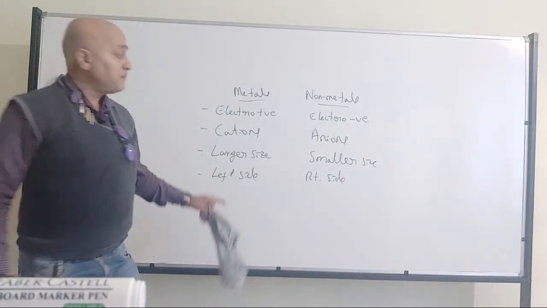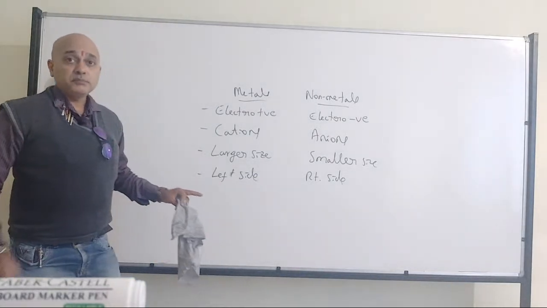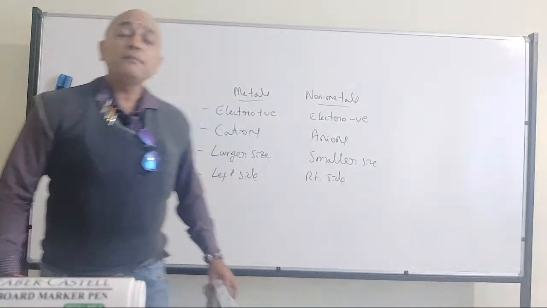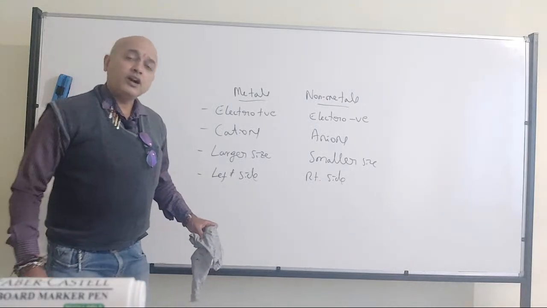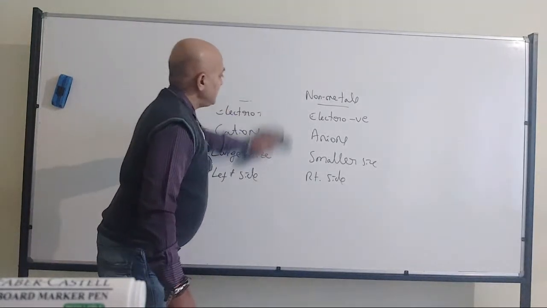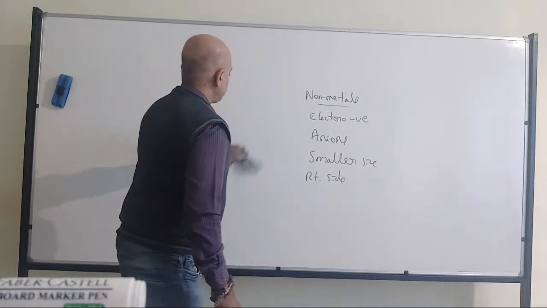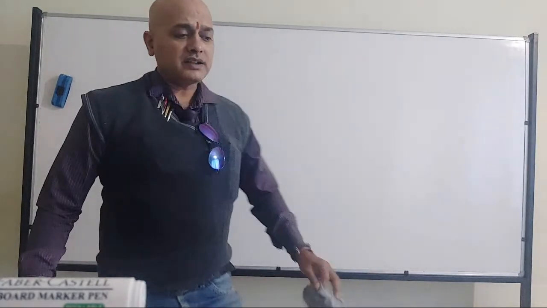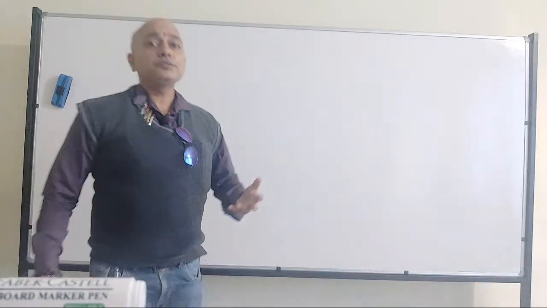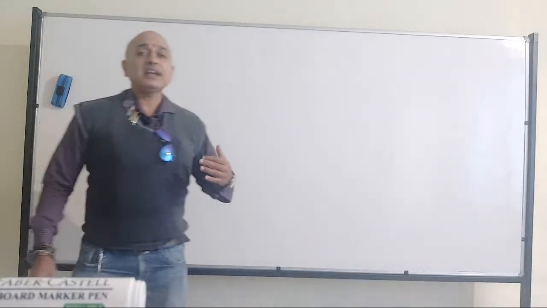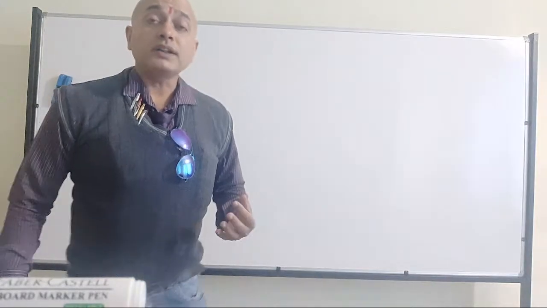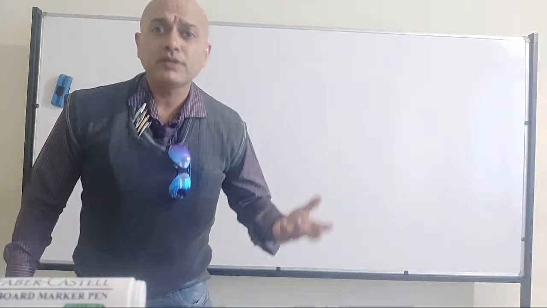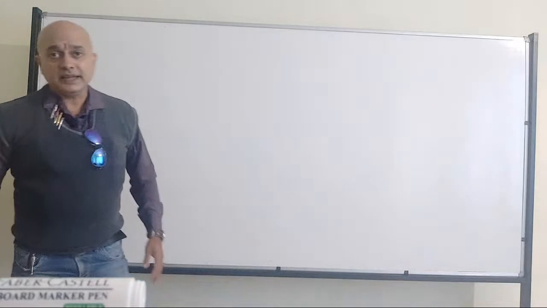That doesn't mean that metals are restricted to the left side. No. The major part is on the left side, but still in the center of the periodic table we also have metals like transition metals. All of you have understood? So that's where we have the metals and non-metals. Now, questions can be for 2 to 3 marks. Questions can be: explain the distribution of metals and non-metals across the periodic table, or explain the electronegative character across the periodic table, or electropositive character. Like that, questions will be there.